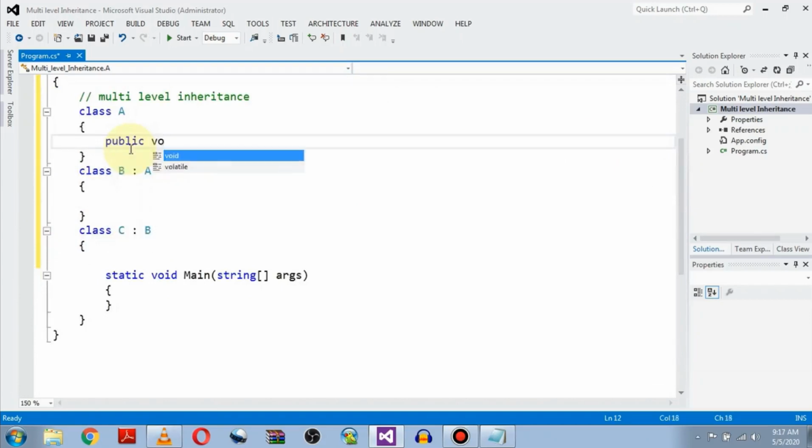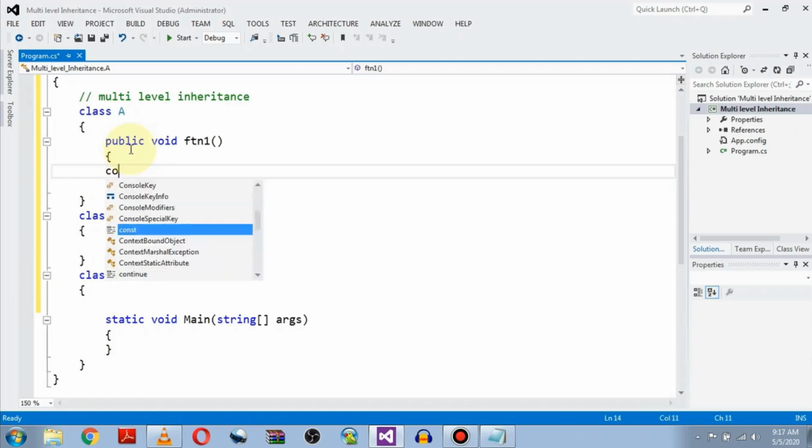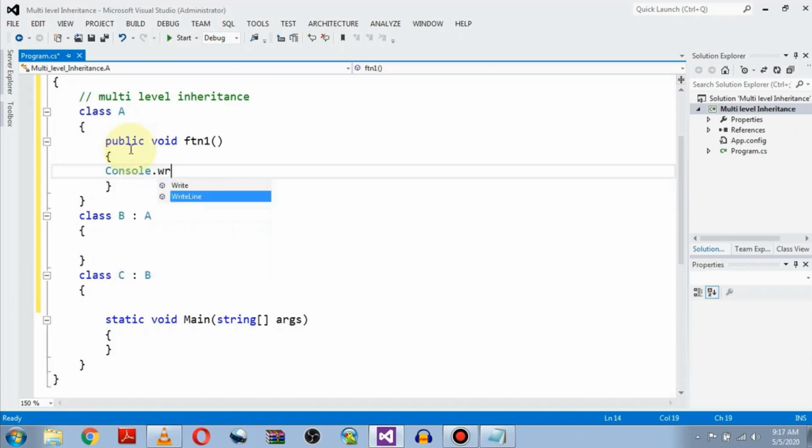Public void function number 1. Let's say in this function we will just print a simple message, that is, this is class A function.